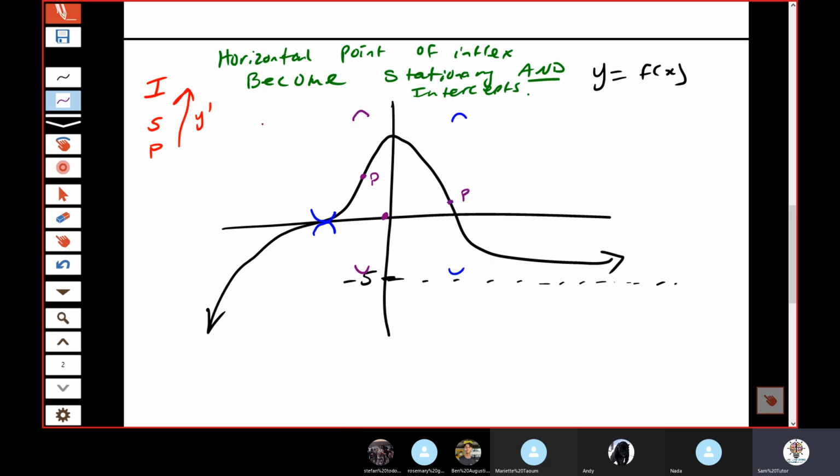Here we go. Start up here. Bounce. But then how am I going to meet this guy? And that's where you realize, oh yeah, there's meant to be a stationary point. So stationary point. Cut through. Still good? Anyone have any questions at this stage? Coming, coming, coming. And then you know there's going to be a stationary point here. So stationary point. And then